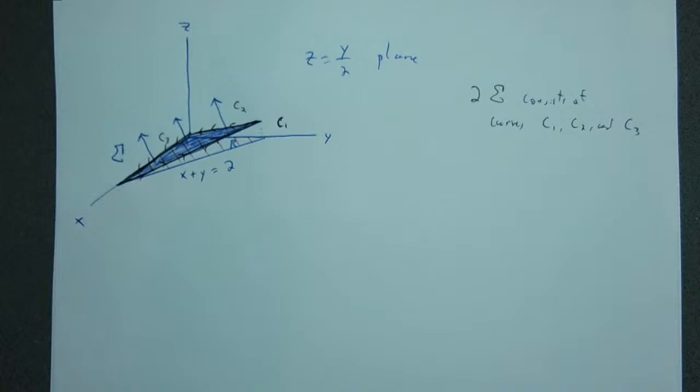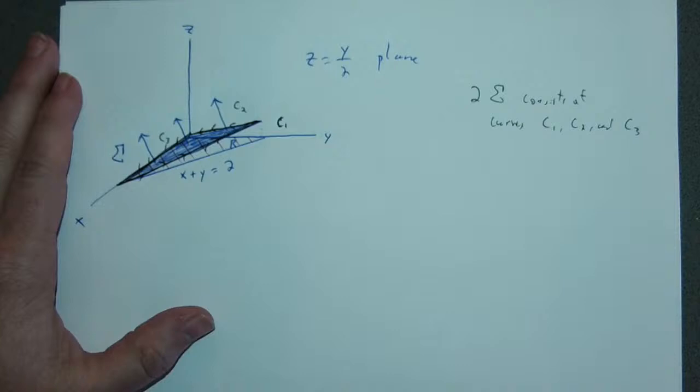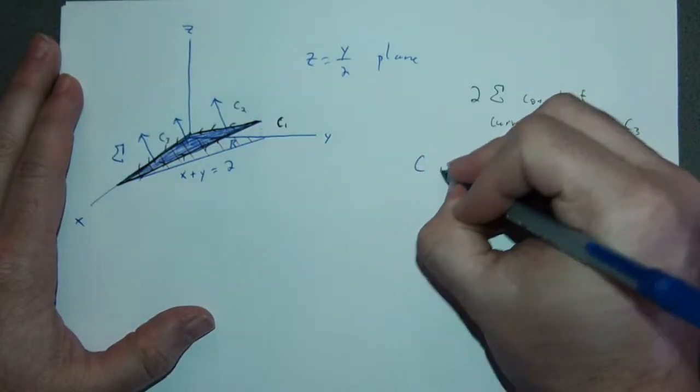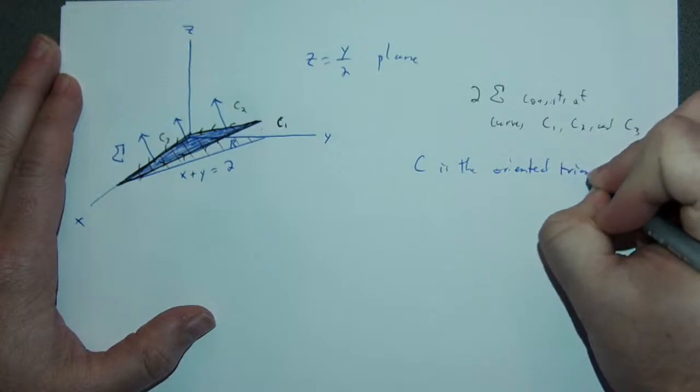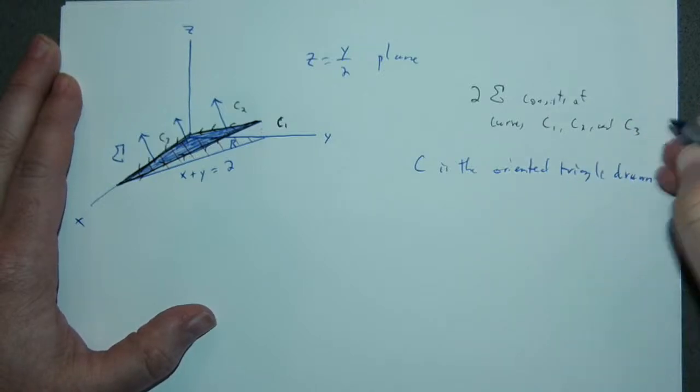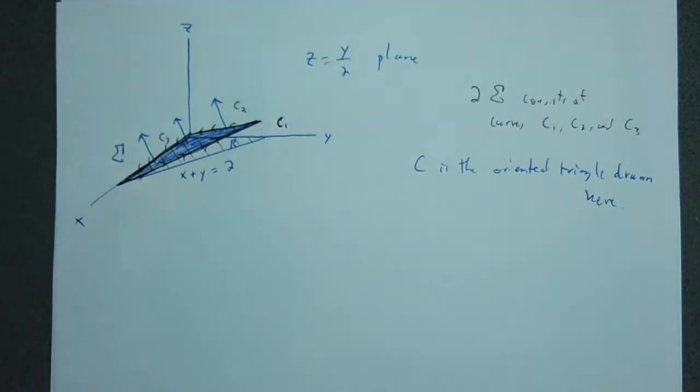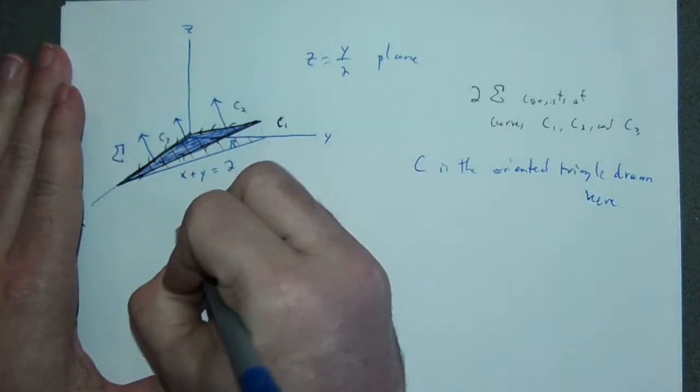So that's my sigma. Now we have a drawing that we can somewhat understand. That's what my sigma looks like. All right, so say that C is that oriented triangle. So C is the oriented triangle drawn here. Now, of course, theoretically, I could actually figure out exactly how to parameterize all of those, but I'm not going to do that. So first, I'm going to ask